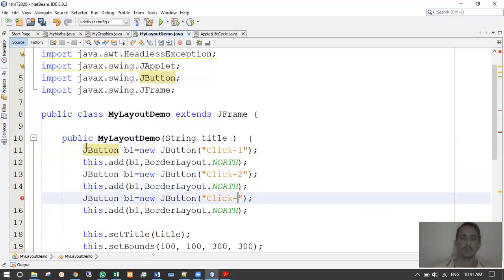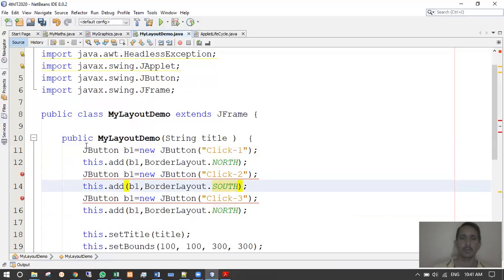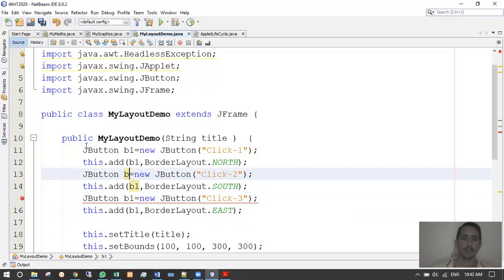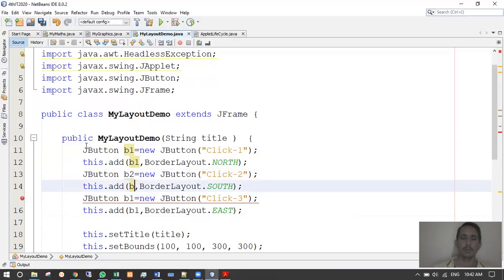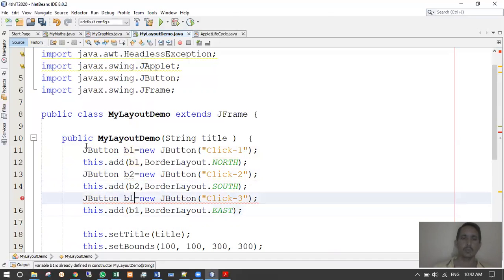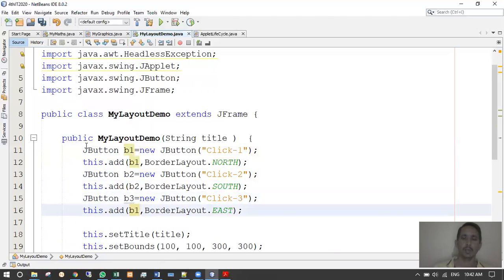Right, 2, 3, suppose south, suppose east. What we B2, B3, check it,